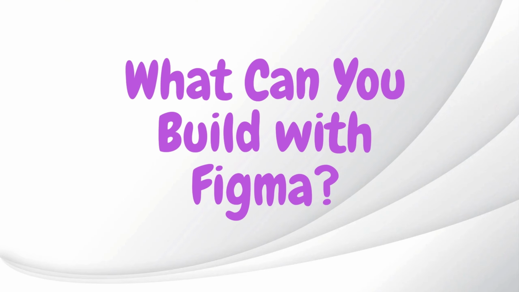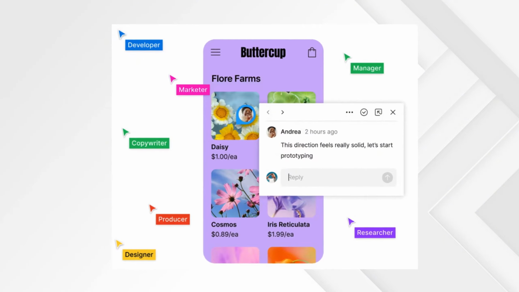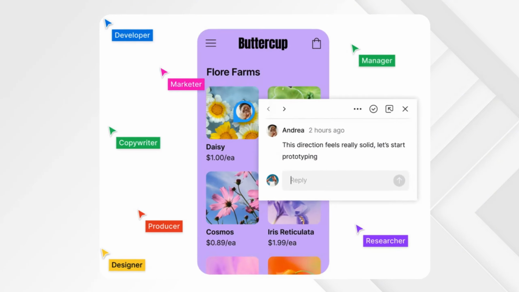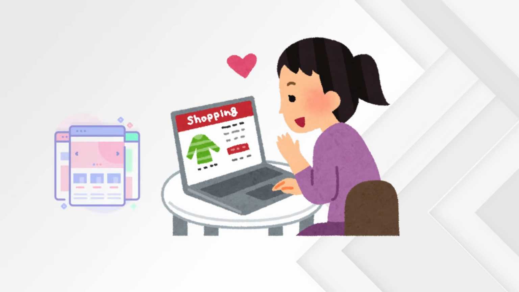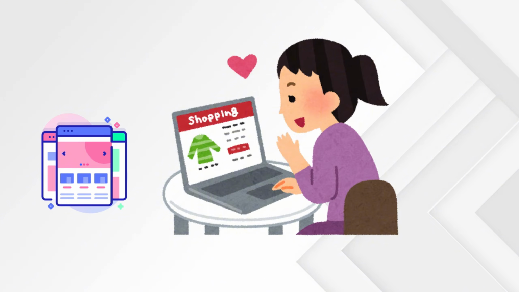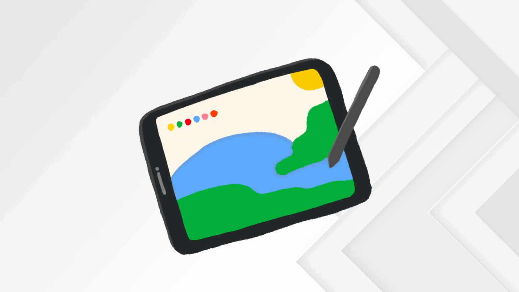What can you build with Figma? Figma isn't just for designing mobile apps. You can create almost any digital interface. For example, a website landing page, an online shopping website, a mobile application, a tablet interface, an admin dashboard, a smart TV interface, a smartwatch app,